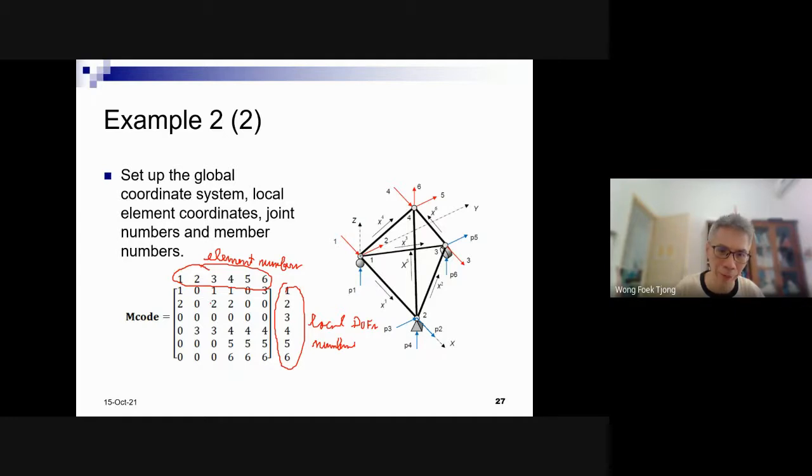So for element 1, we only consider MCOT for active only. Of course, later we should also consider inactive. But first, for active degrees of freedom. So for element number 1, which one is active? We have local in here, 1, 2, 3. We have local in here, 4, 5, 6. So it's connected to 1, 2 active, while the rest are inactive, right? Is it clear? Any questions up to this point?